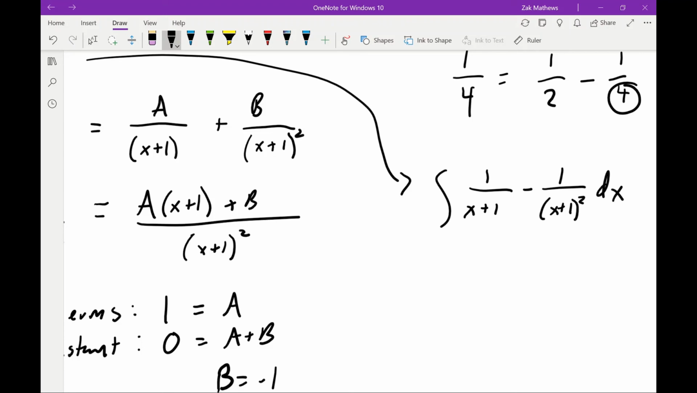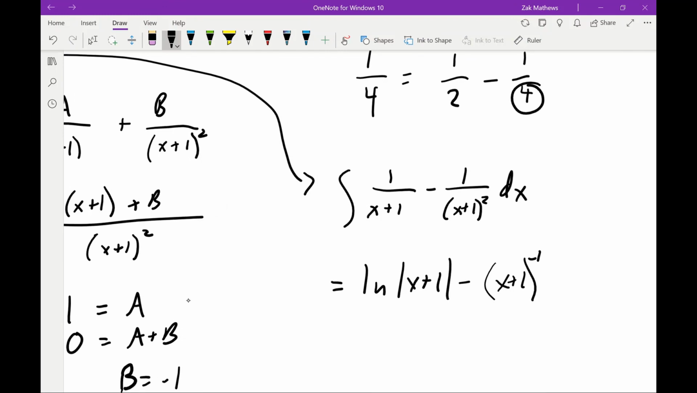And so if we look at this, the first one is very easy to find the antiderivative of. That would be the natural log of the absolute value of x plus 1. Notice the second one is not the natural log because it has a power. If you wanted to do some u substitution, let u equal x plus 1, that would be fine. It'd be 1 over u squared. Or we can think about just having a simple chain rule here. We have an x plus 1 to the negative 1 power,